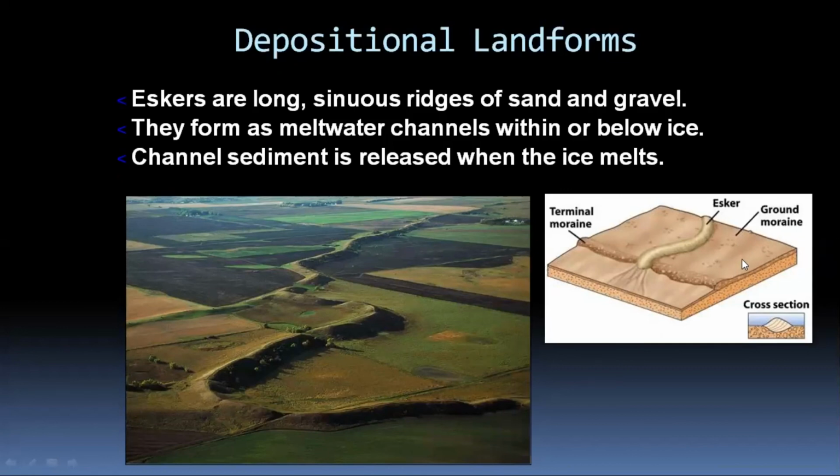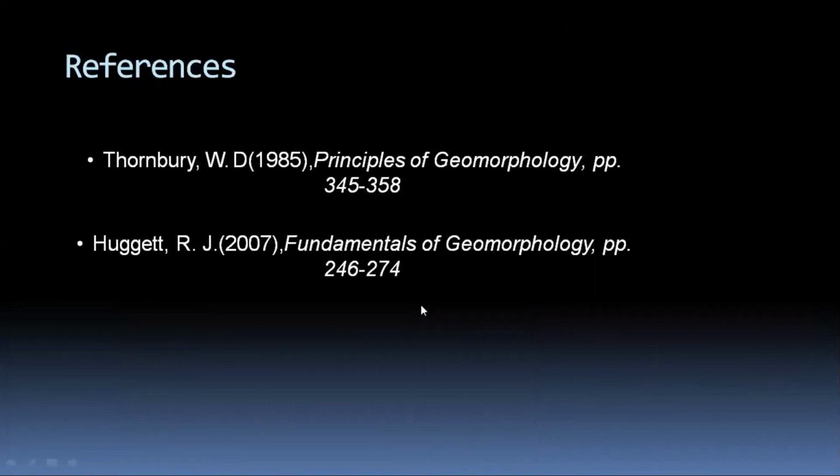And here you can see a ground moraine, and it's another illustration for the deposition of the glacier. And this was the meltwater channel, and you can see a small delta-type feature that comes here. And this is the terminal moraine, the place where the ice reached farthest, up to where the ice went. You can also see how it looks in the cross section, the ground moraine, and then we have the esker. These are some of the references that